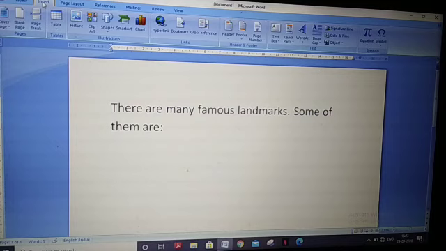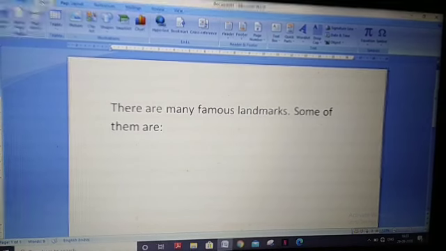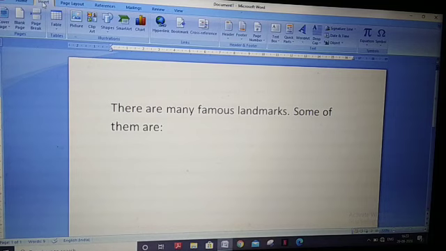Editing means here we can insert a new line, an existing line can be deleted. Then inserting a new page, copying text, then moving text from one place to another. So this is called editing. And now see, we are going to edit this text.